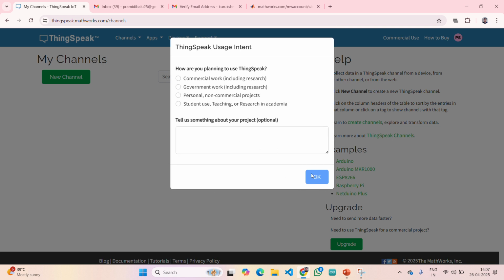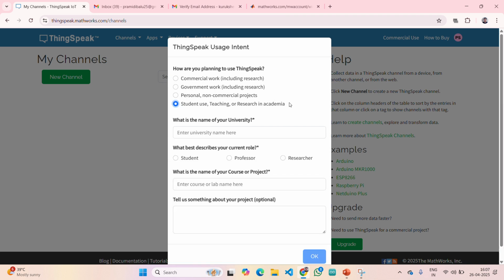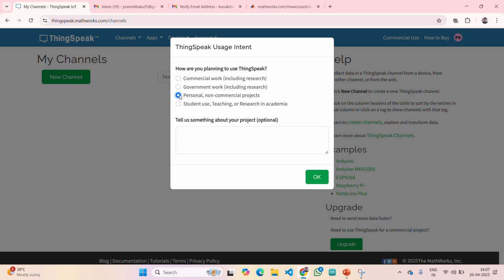Initially no need to fill all these details. How are you planning to use ThingSpeak? Student use, teaching and all. For the first time you need to fill this, or if you are using it for personal use, then no need to give any details. So I am selecting personal use.